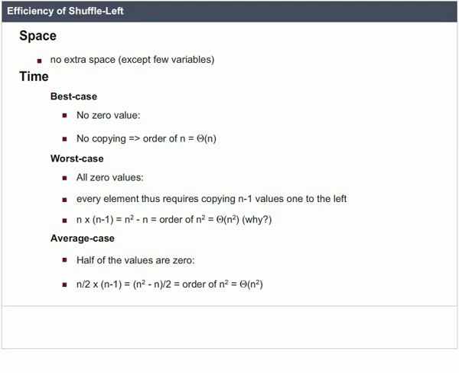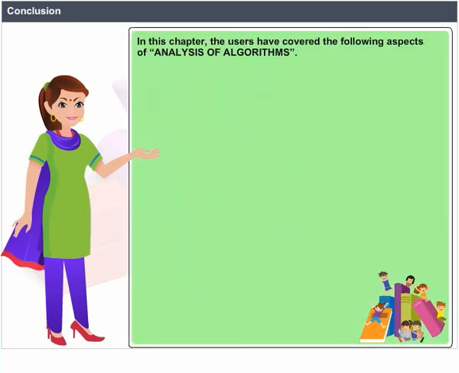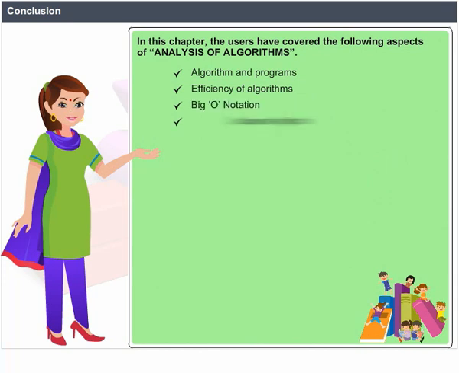Conclusion. In this chapter, we have covered the following aspects of analysis of algorithms: algorithms and programs, efficiency of algorithms, big O notation, comparison of algorithms, sorting algorithms,